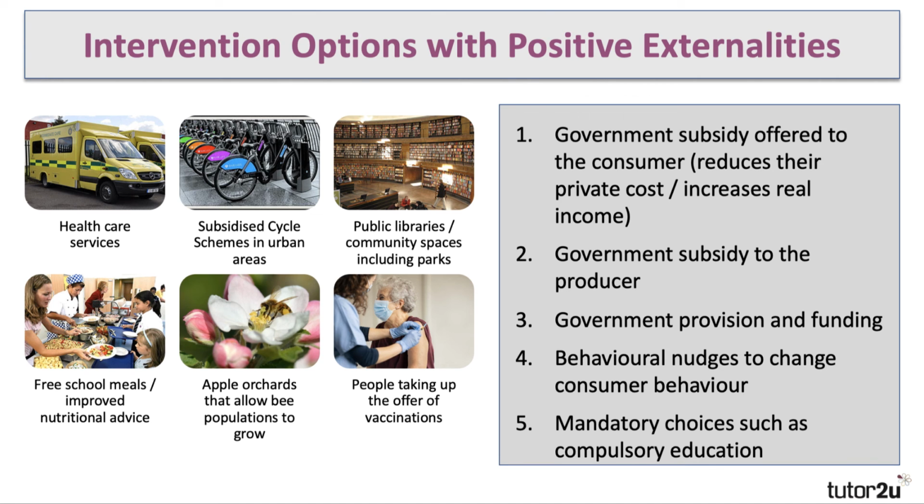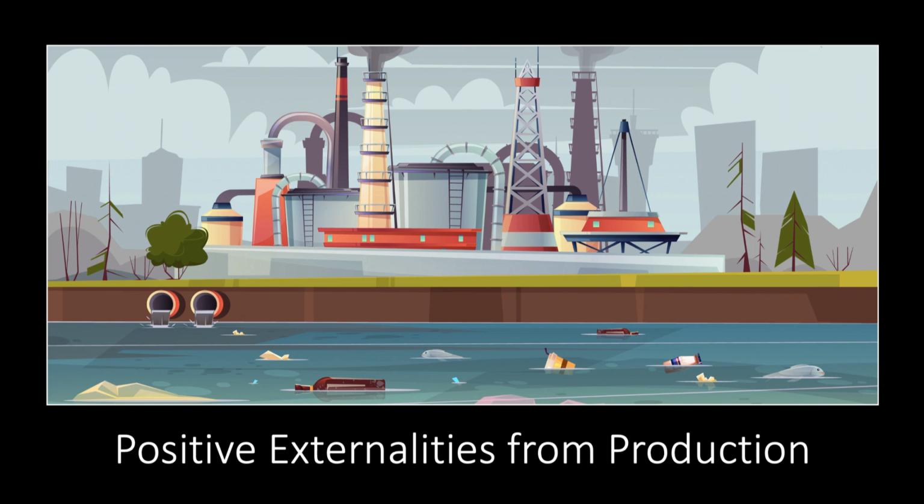Many of you will be interested in behavioural economics, trying to use, for example, behavioural nudges to try to change behaviour and increase their consumption of activities that generate external benefits. And sometimes you have to bring in some idea of compulsion, if you like, mandated choice. For example, minimum school leaving ages and things. Perhaps even making things like vaccinations compulsory for certain groups. Who knows? These things are clearly in the news at the moment. So there we go. That was a look at positive consumption externalities. And in the next video, we'll take a look at positive externalities from production.